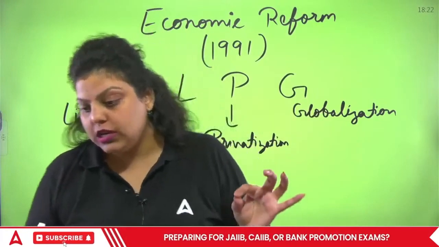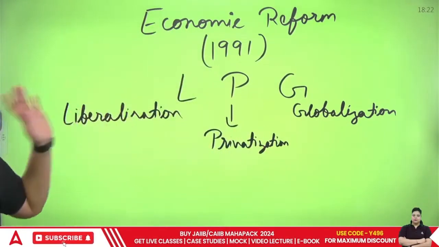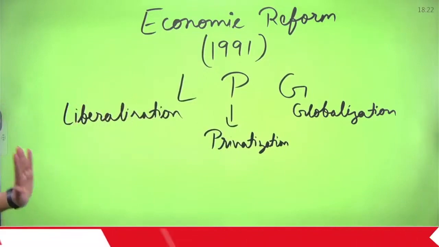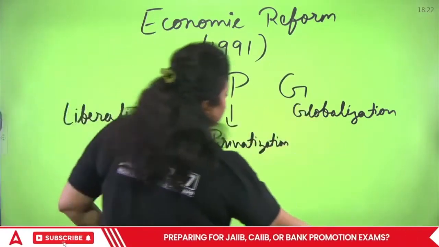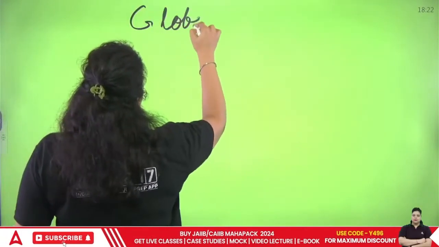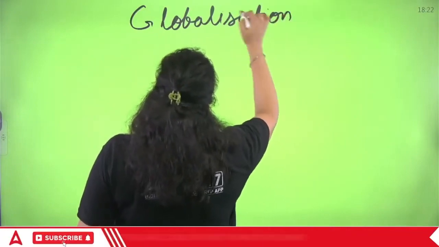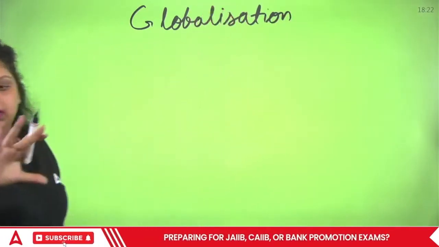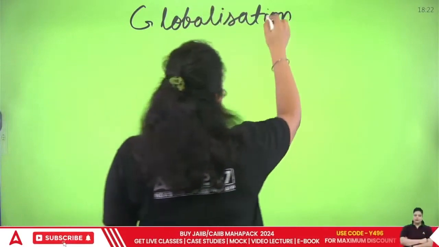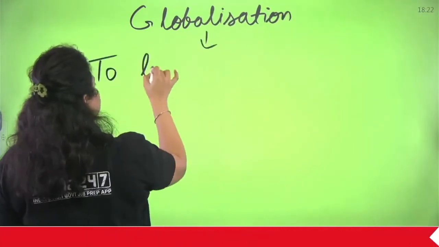तो ग्लोबलाइजेशन की वजह से इंडियन इकोनॉमी क्या बना, ओपन इकोनॉमी बन गया। आप जितना चाहें उतना एक्सपोर्ट इंपोर्ट यहाँ पे कर सकते हैं। तो यहाँ से स्टार्ट होता है अब हमारा ग्लोबलाइजेशन। तो अब हम सिर्फ और सिर्फ बात करेंगे ग्लोबलाइजेशन की। प्राइवेटाइजेशन और आपका जो लिबरलाइजेशन है ये भी हम पढ़ेंगे, पर इकोनॉमिक रिफॉर्म चैप्टर यानी कि यूनिट नंबर 7 में थोड़ा डिटेल में उसको पढ़ेंगे। चलिए, ग्लोबलाइजेशन मीन्स टू लिंक